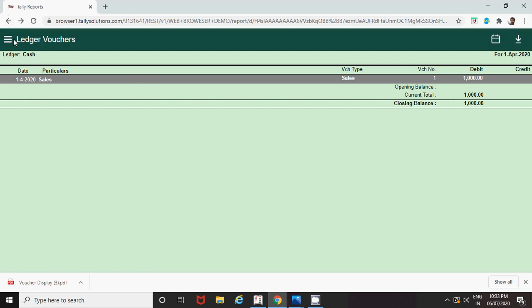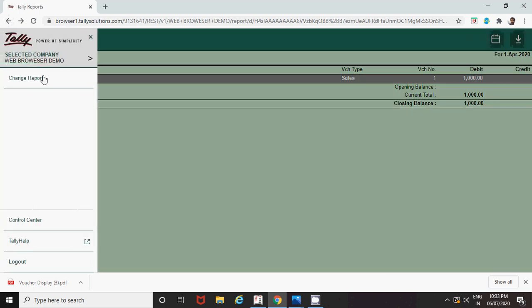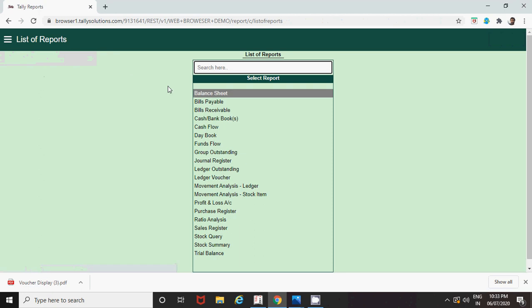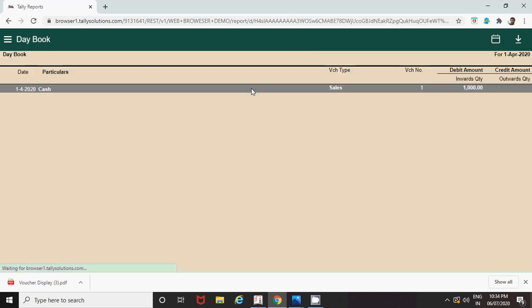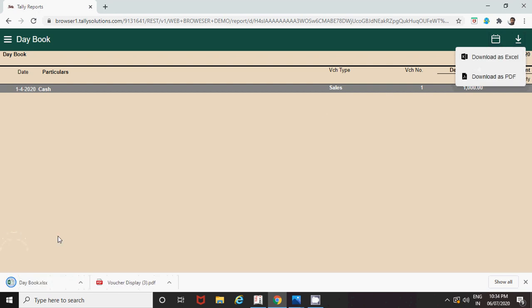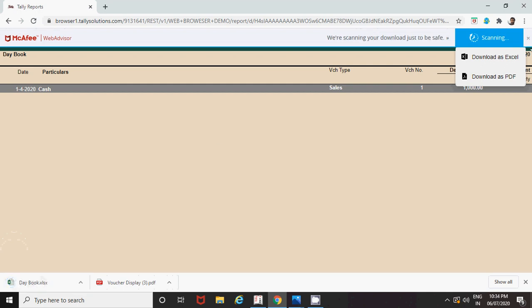So once this is done, I'll go to a different format, a different report I can say. So I'll go to change reports. So now bills receivable, no, it's paid by cash. Okay, but if there was any bill receivable, that also you could have seen. Okay, a day book, yes, one transaction is there, so that also you can see. You can always download this report in Excel format also anytime. Okay, any of the reports in Tally. Okay, so day book is downloaded over here, right?